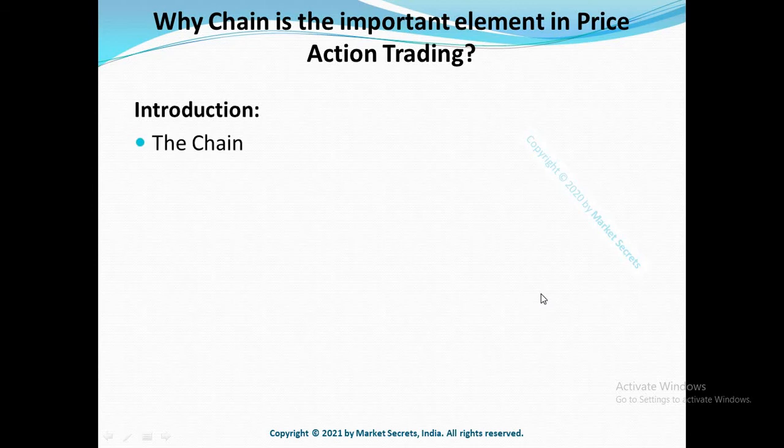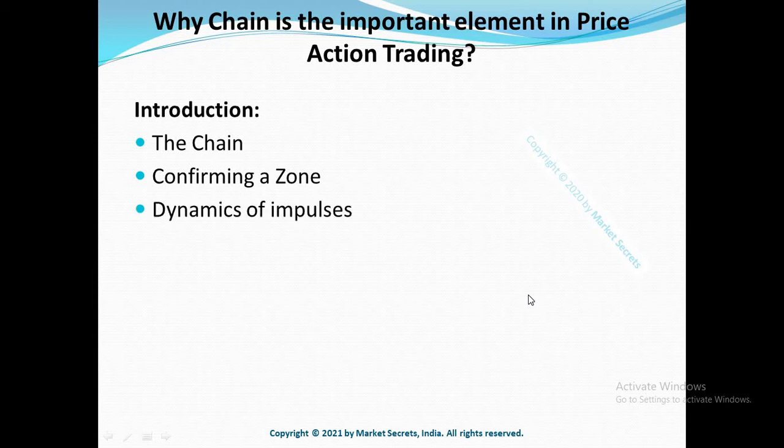The chain is a critical element of price action trading. The chain integrates imbalances and trend lines and gives a detailed picture of demand and supply. As discussed in the previous episode, a potential imbalance is valid once an opposing imbalance is taken out or a trend line is broken with one or more full OHLC candles. So let's take a step back to understand why we are drawing a trend line. The idea behind drawing a trend line by connecting the two latest valleys or two latest peaks is to connect the two latest imbalances. It can be a bullish imbalance or a bearish imbalance.